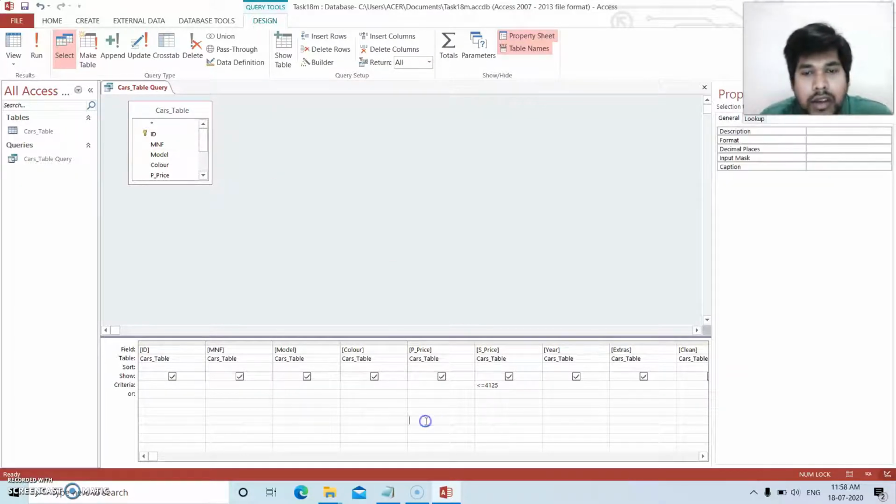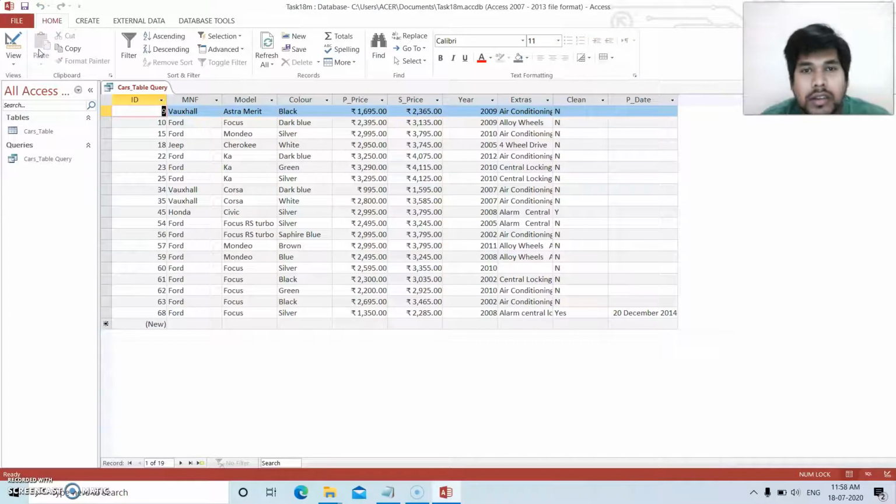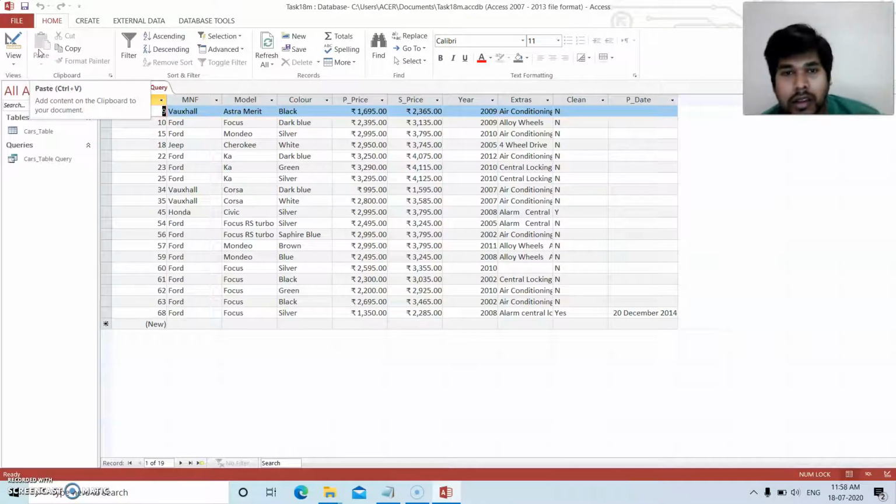Now run the command. See, I got all these car details whose selling price is less than $4125, or rupees you can say, because in computer by default the symbol is rupees, right? So this is your 18M query.